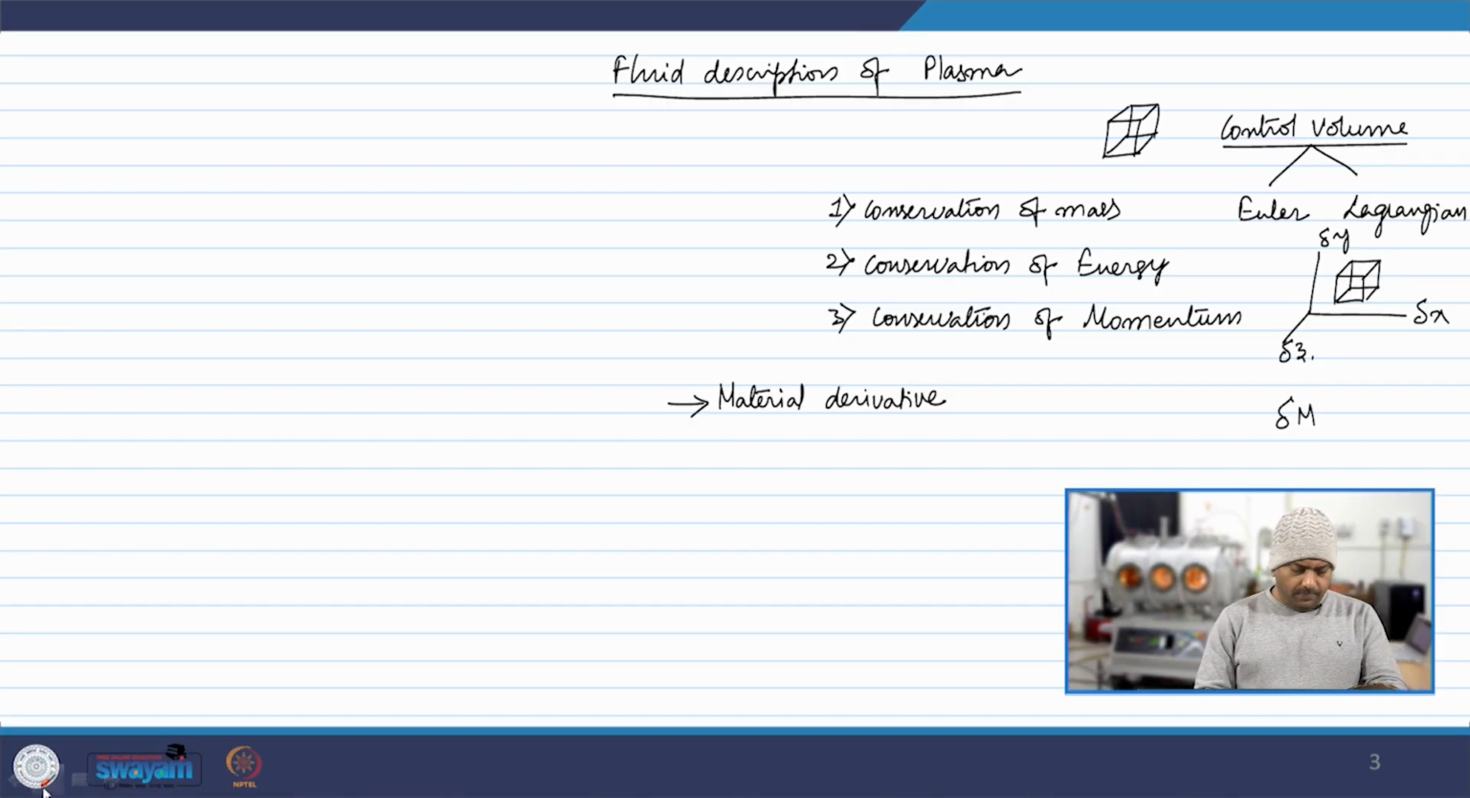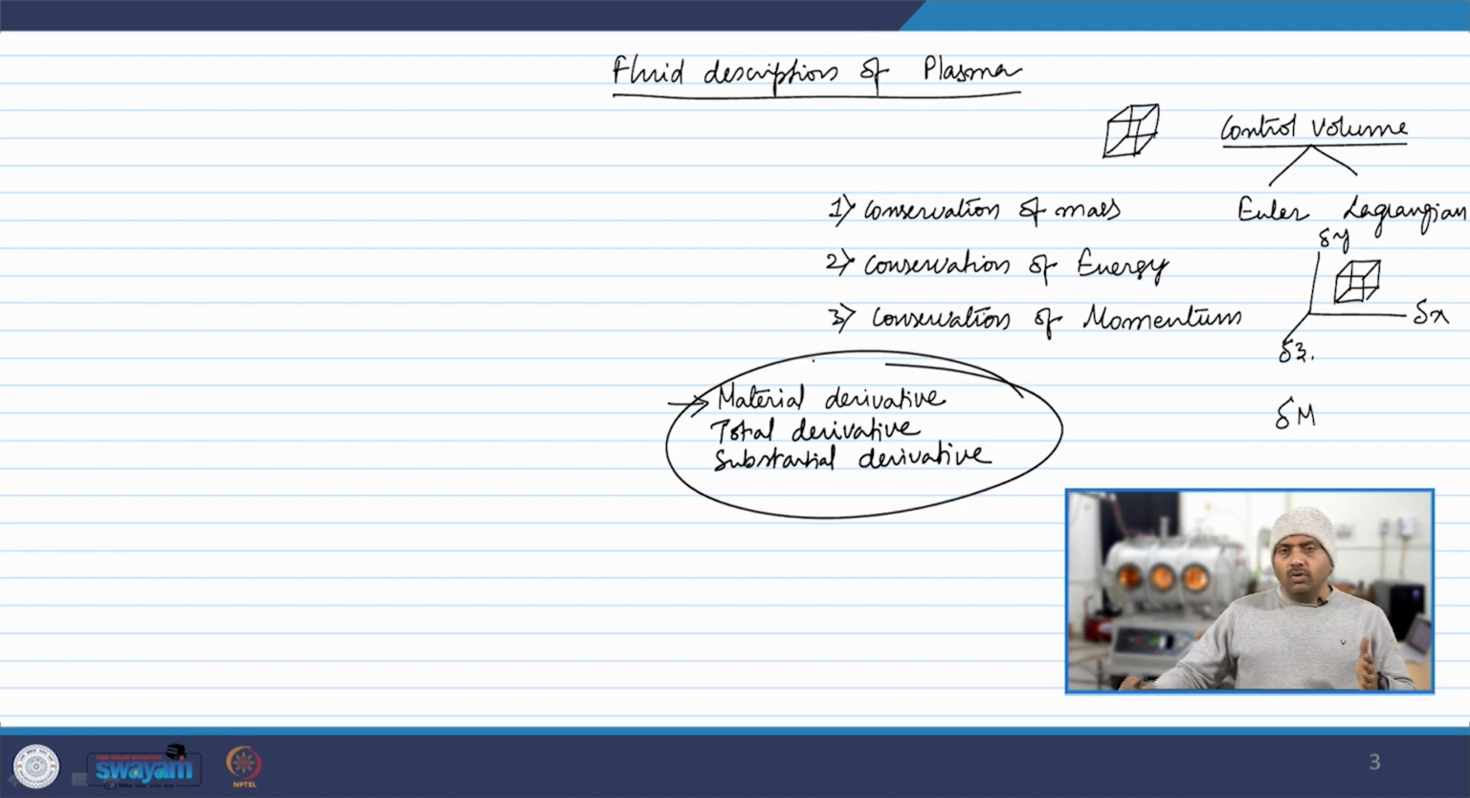So, in fluid dynamics, what we do is we use a derivative called the material derivative, also called the total derivative, or the substantial derivative. What is it? When you are trying to understand the movement of this control volume or movement of